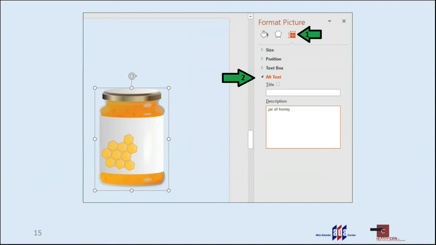Individuals using screen readers can decide to access the description for more detailed information based on the information provided in the title field, or sometimes they'll just find the title field sufficient and skip the long description. Also, just a tip on the side, regarding decorative images and elements such as lines to separate sections and boxes, it's still best practice to create an alt tag for those decorative elements. We just want to get in the habit of assuming anything and everything that's decorative or an image needs an alt tag.